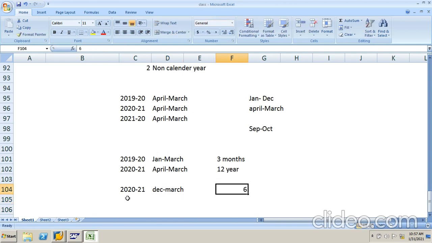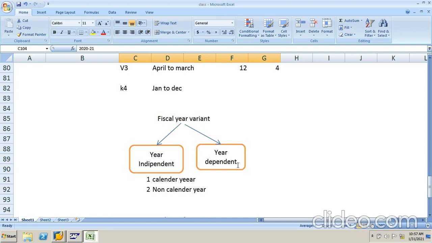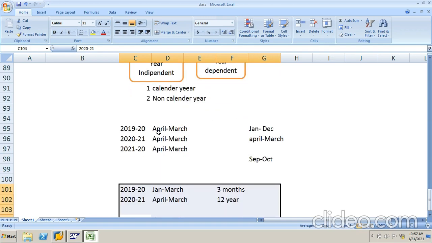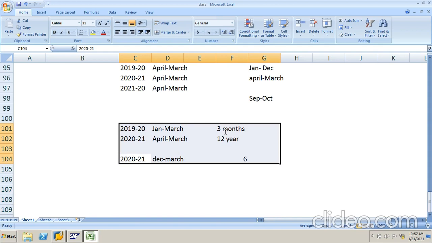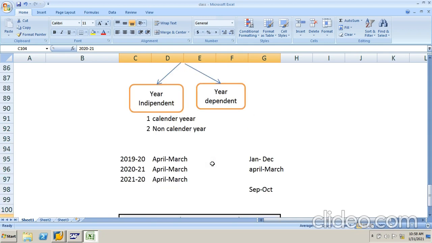These are short-ended posting periods, and they come under year dependent. So year independent means the same 12 posting periods for all years. Year dependent means short-ended, either 3 months, 6 months, or 8 months.